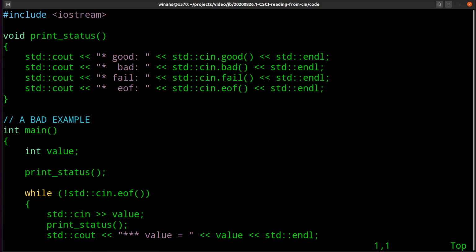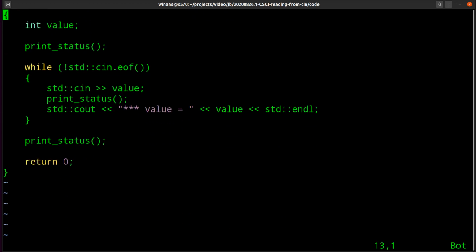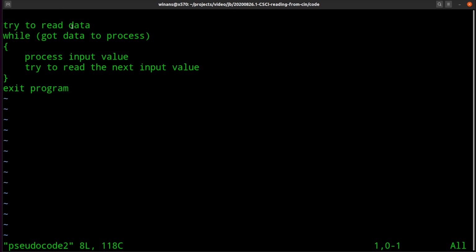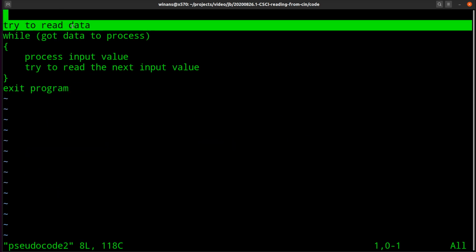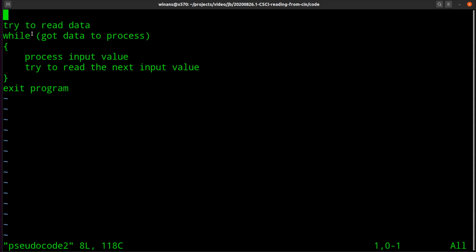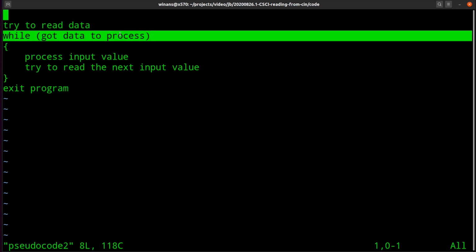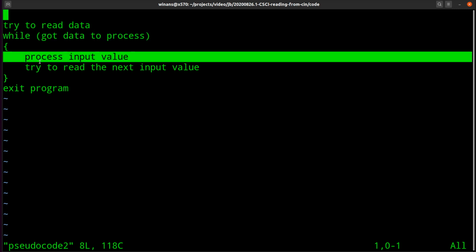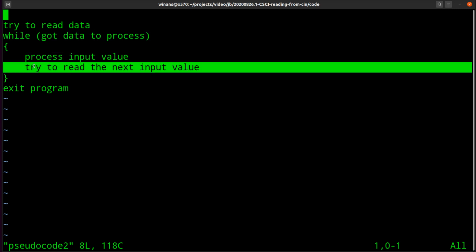now let's try and figure out how to write a program that reads correctly, stops if there's an error, and doesn't process the last item twice. As we saw in pseudocode number 2, if we try to do a priming read before we ask of the status the first time, and we process the value, and then we try to read the next value, here it changes the flow of the logic.